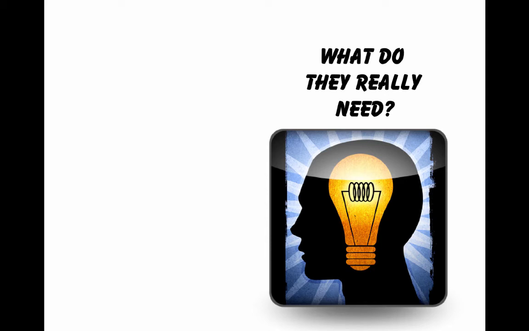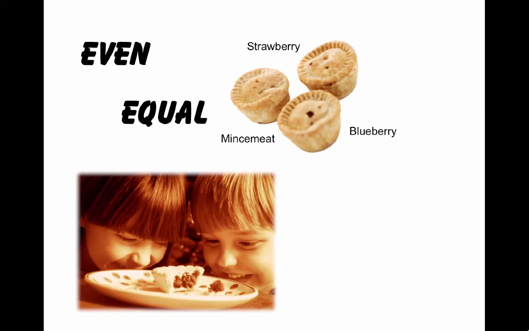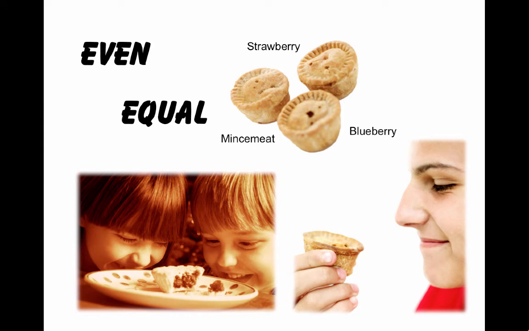So let's take a look at another story. Once there were another 3 children, and there were 3 pastries. The question is, should we give them out evenly, 1 each? Or what do we need to know to be able to make it equal rather than even? To make it equal, we would have to cut each one into 3 pieces. Why? Because it turns out they're 3 different flavors. And if we gave mincemeat to somebody who didn't like it, that would not be equal. So, to make it equal, we have to cut each into 3 parts. The thing is, though, that 2 of the boys are little and 1 of them is grown. So we have to ask ourselves,